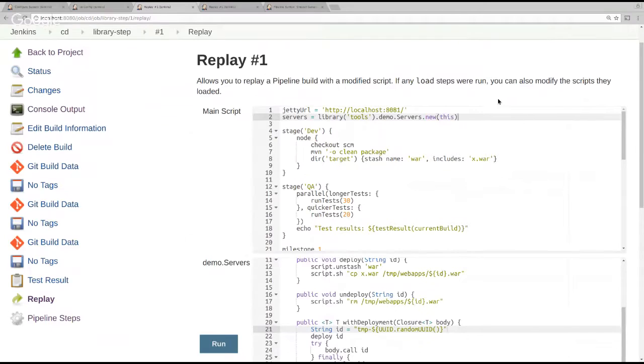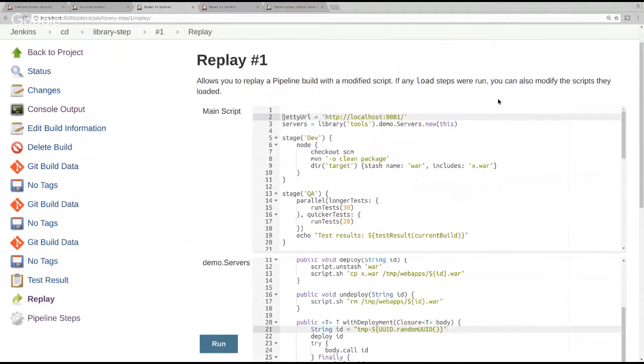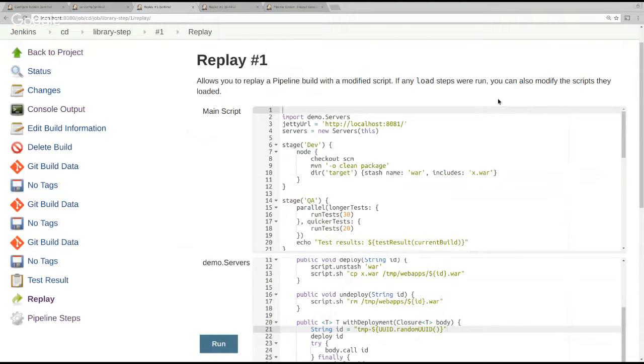But let's see what would happen if we tried. So originally, the original master branch had this as a reminder. It had import demo servers, and then servers equal new servers this. So what if we tried to use the library step without the annotation here, and we just said library tools, and we tried to use the servers class that way, just importing it directly from Groovy. So if we try to run this,